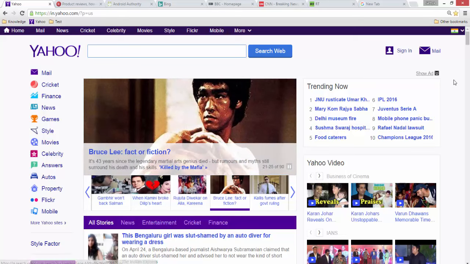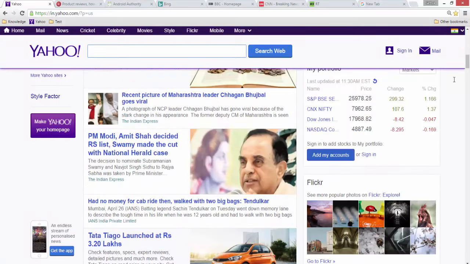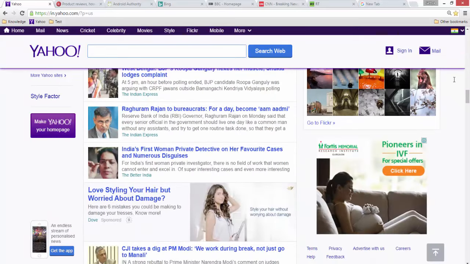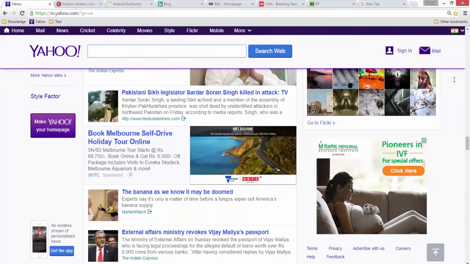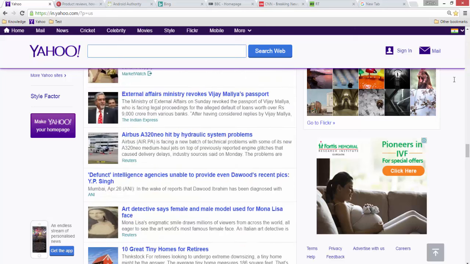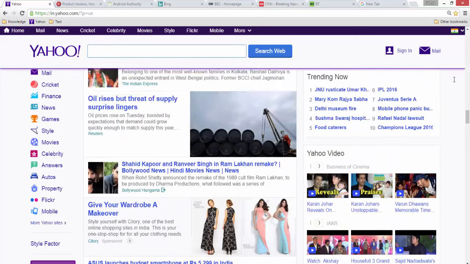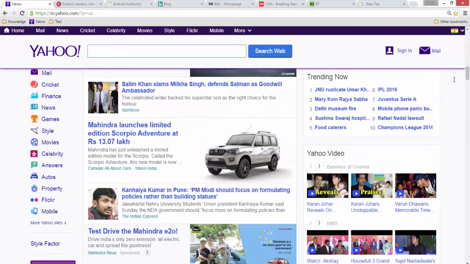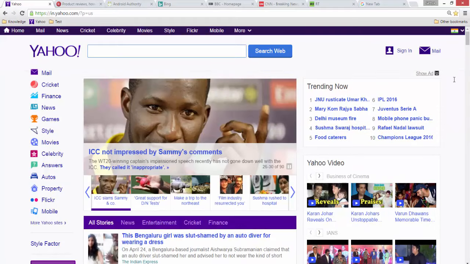You can also navigate using the spacebar. Click inside the web page and press spacebar, which will help you scroll down. And what is the shortcut to scroll up? It's Shift Spacebar. You can use Shift Spacebar to scroll up. So these are the shortcuts